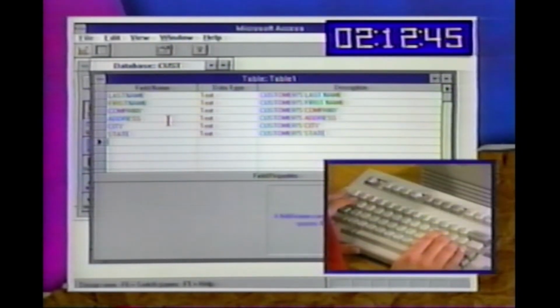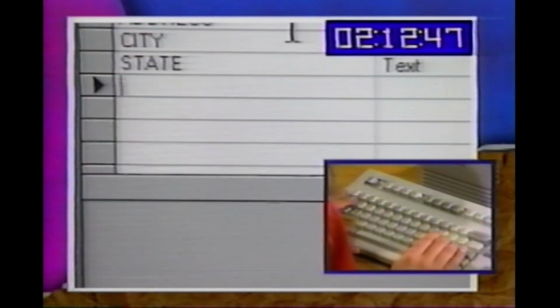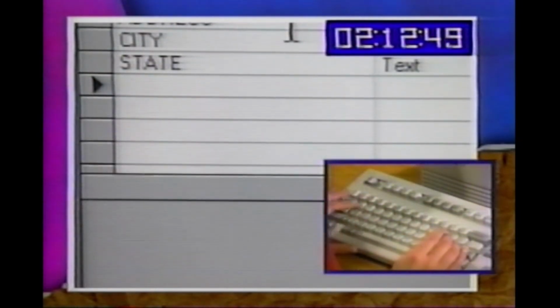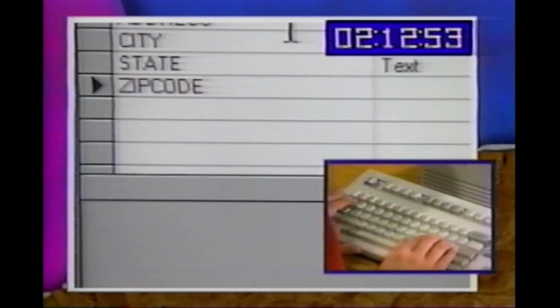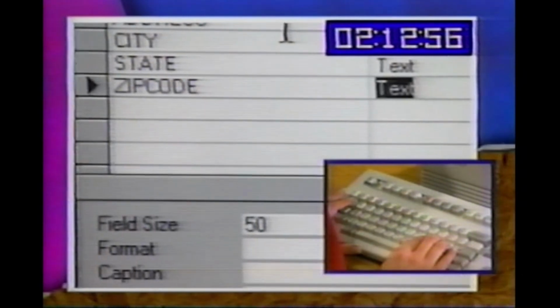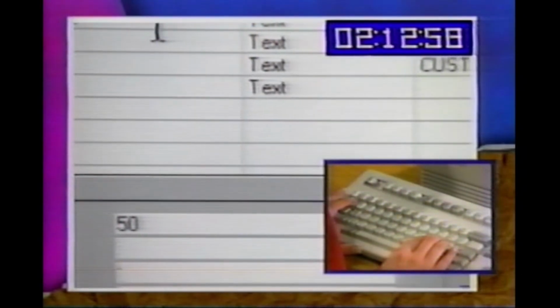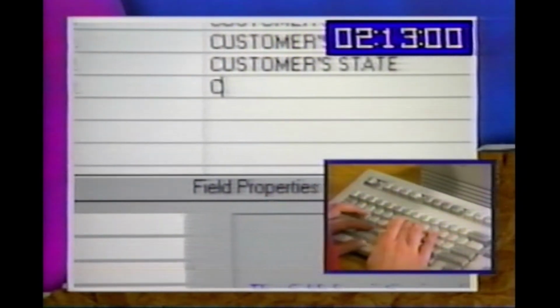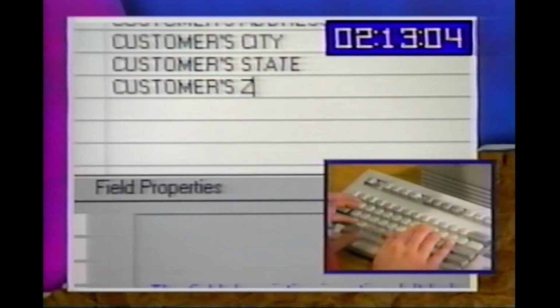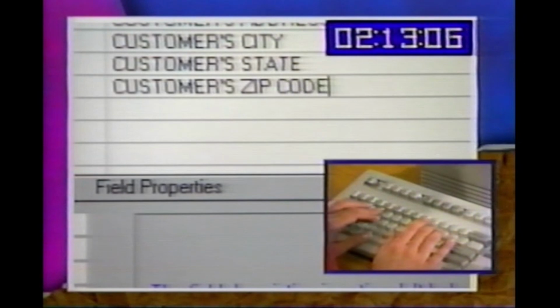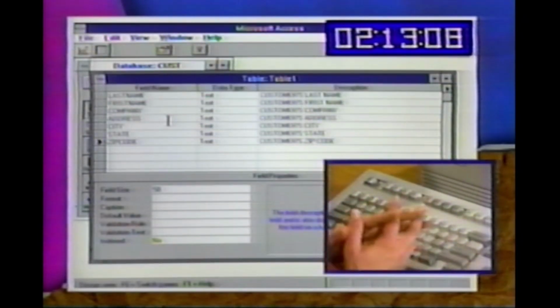Press the Tab key, and we have one more, and I'm sure you figured it out by now. It's going to be the zip code. So I type in zip code, and again without the space, because text is good for numbers and letters, press the Tab key and I have text, press the Tab key and I have a description that is the customer's zip or postal code. So I'll type in customer zip code,